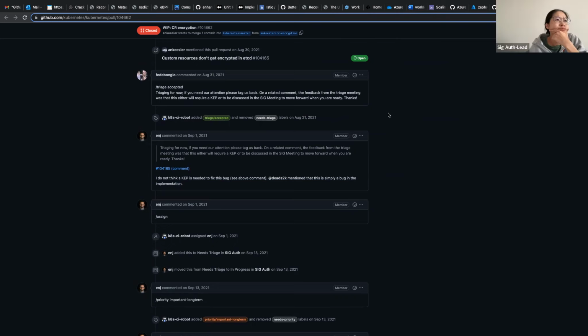Because storing secrets in custom resources should be fine. You should be able to define a fancy secret custom resource. Just from my knowledge, is it encrypted by default, or does it require being in the resource list? Today it would be the resource list, right? Yeah. So today, if you try to put in some fancy secret, it'll silently fail. It won't do anything. It just won't realize it's supposed to do anything.